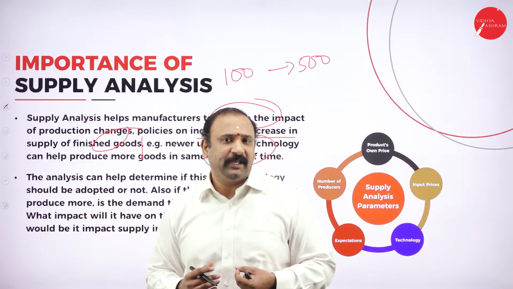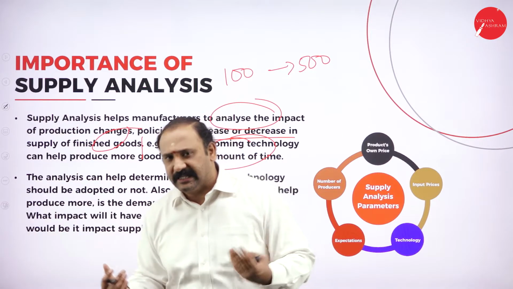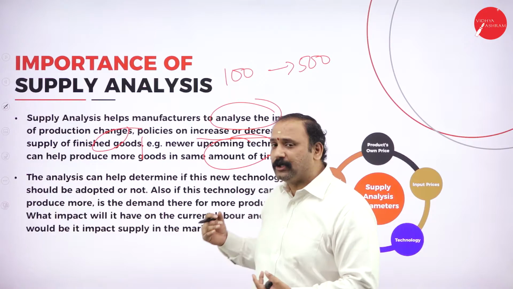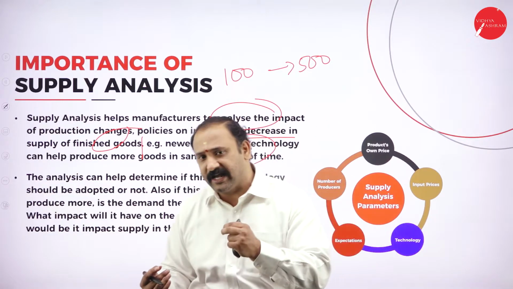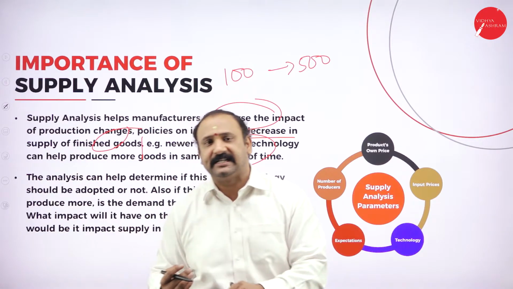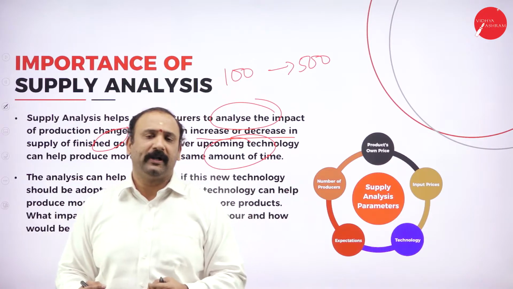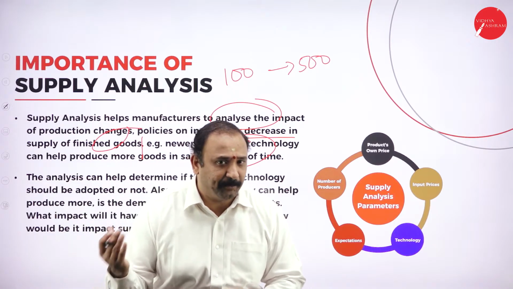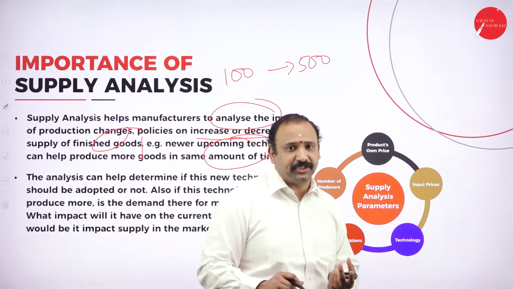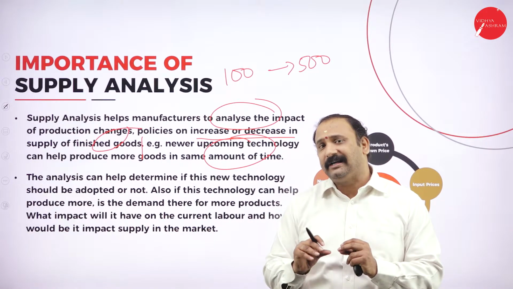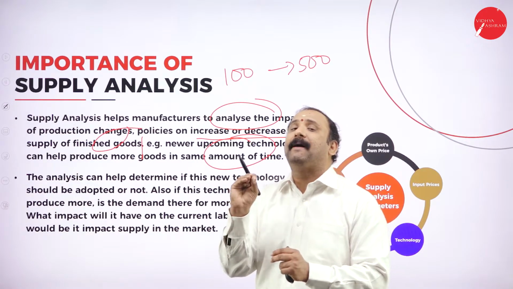But then what we have really seen about the product, or what we are going to unbox out of it, let's see it later. What is now coming into the picture is that if Apple can start bringing in its products at a faster pace, let's say the launch was decided in the month of October, and if iPhone 13 is able to come by August itself with a brighter and better technology altogether, then automatically that supply at that point of time will create an impact in the market.